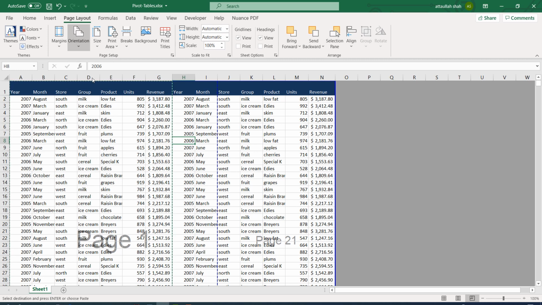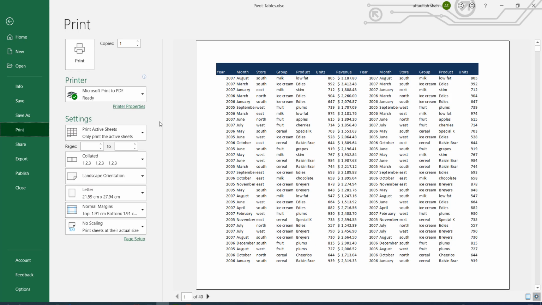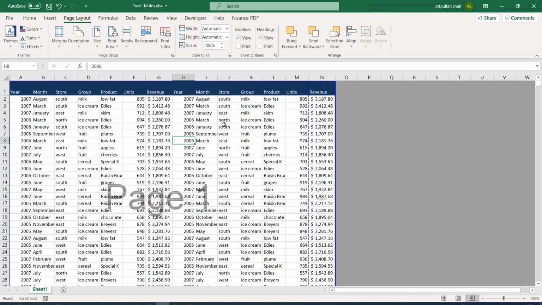So if I click on landscape, now you see the active print marker, that is the dotted blue line, has gone up to column M. Now we can print more columns in the current page, but it has reduced the vertical space. But still at the moment we cannot print one more column, that is the last column.